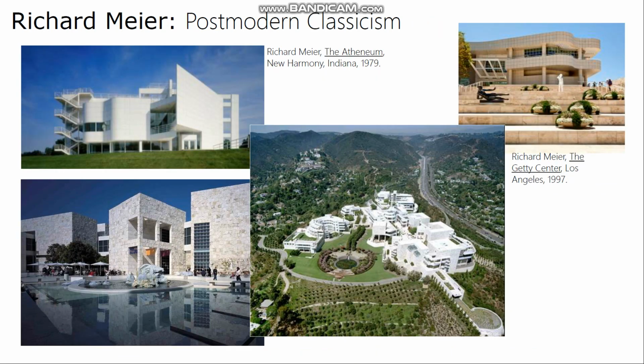Richard Meier is maybe more of a serious architect, or maybe more traditional is probably a better way to put it. And I've actually seen the Athenaeum in Indiana, and it's a really beautiful building to visit. But I've also been to the Getty, and I want to just talk about the Getty and the way it's situated on the hill here, the way it functions kind of like Los Angeles' own Acropolis, and including that you have to take this journey up to the top of the hill to get to it, and then it's this ever progressing campus and just the beauty of the space, but it is also